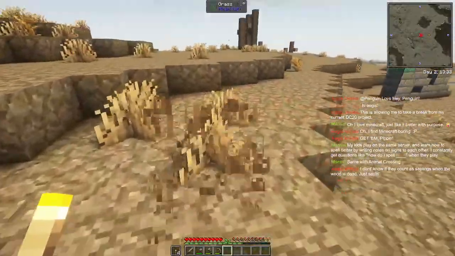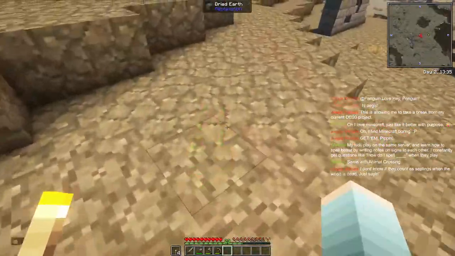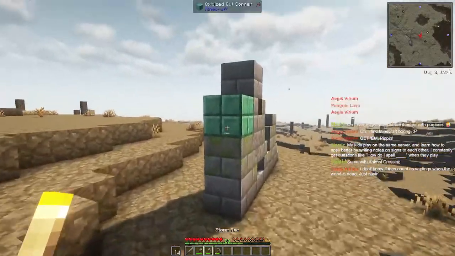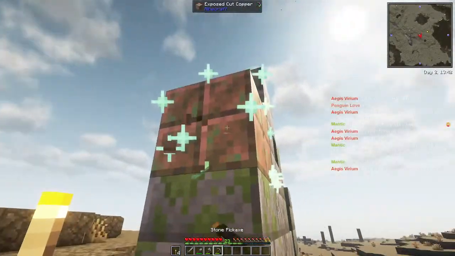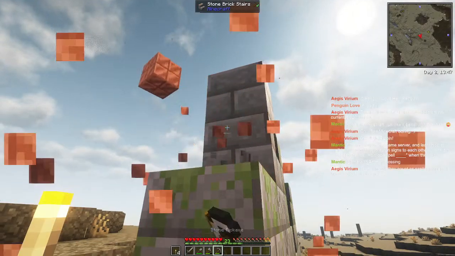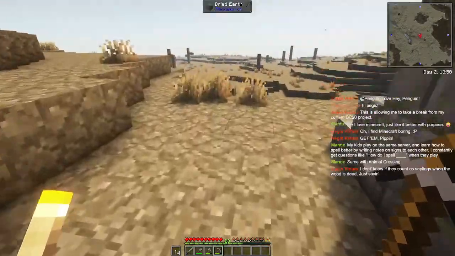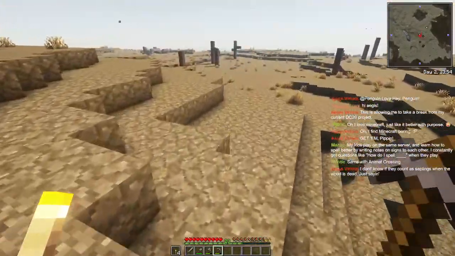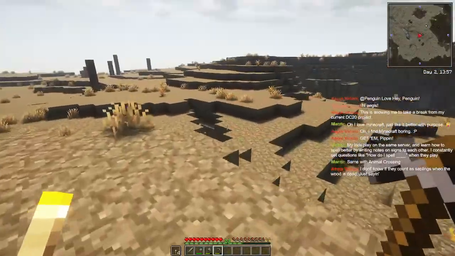The reason why the saplings are helpful is because they drop sticks. So I don't have to use my flimsy wood to craft sticks. It saves me the wood. Oh, wait, that's not done yet. There we go. Yoink. Okay, let's see. We still need to explore around a little bit, though. If there's one thing I really ought to find,